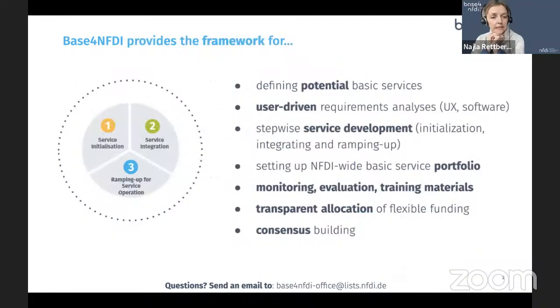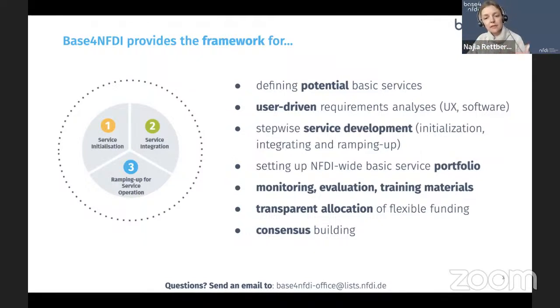And the way it does this, as you will know, is through 3 stages. So it's really establishing the process in 3 ways: initialization, integration, and ramping up. And the PID service you'll hear from now is at the initialization stage of this. And it's really driving the user need throughout the different services and getting buy-in in each different